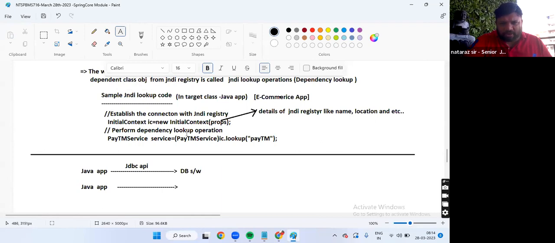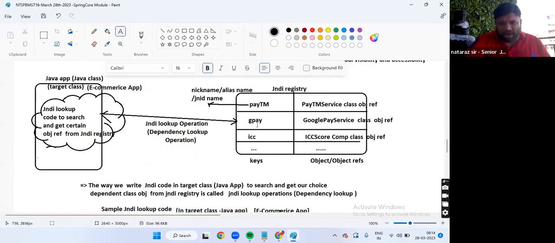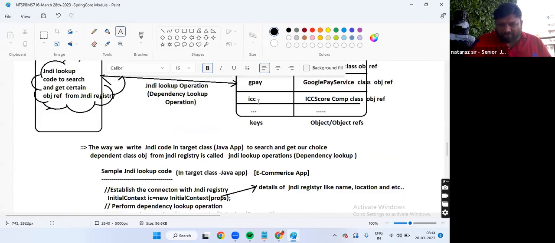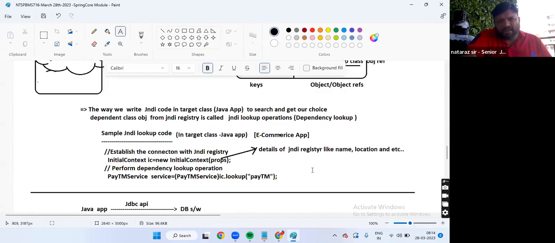The return type of the lookup method is Object. But I want to refer with a PaytmService class reference. Then typecasting is required or not required? Today I pass Paytm, tomorrow I pass GPay, and the day after tomorrow I pass another service. One method cannot have multiple different return types, only a single return type.